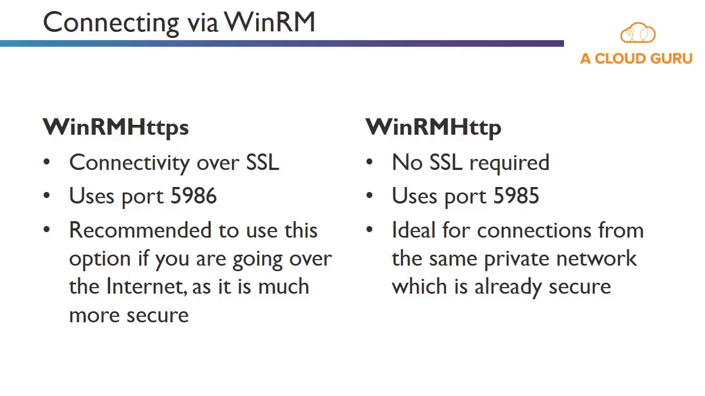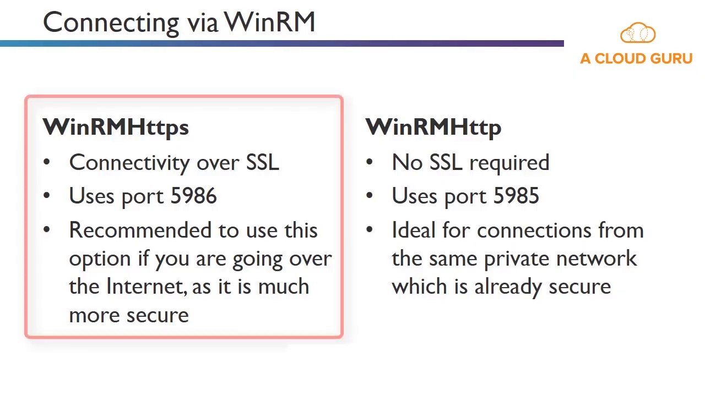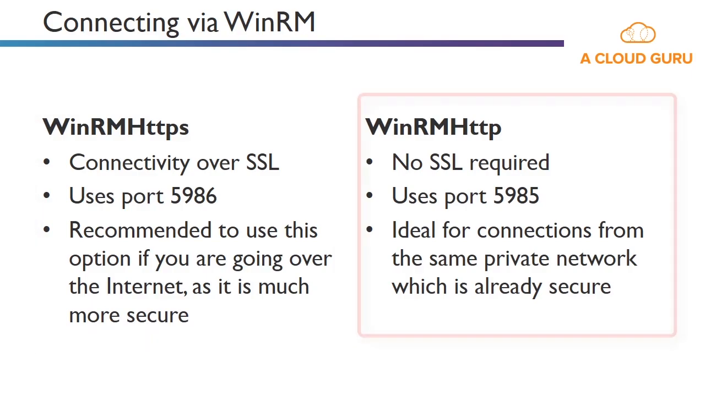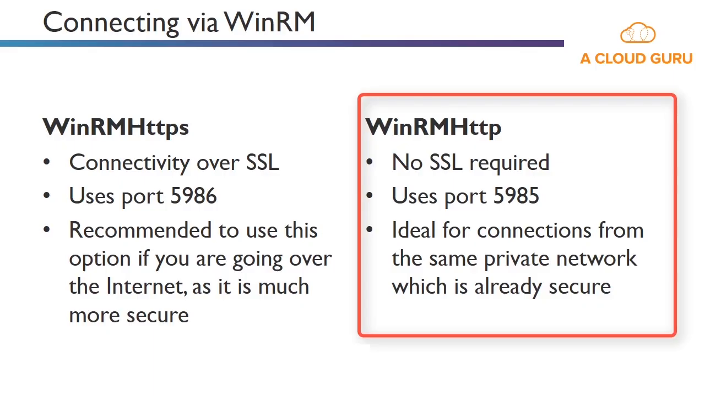Alright, so we've seen a couple of methods to connect to our virtual machine via RDP, but it's also possible to connect via WinRM using PowerShell. In order to do this, we have two main methods: WinRM HTTPS. This is where we can connect over SSL using port 5986, and this is the recommended option if you're going to connect over the internet, as it's much more secure. In addition, we have WinRM HTTP. No SSL is required. This uses port 5985, and